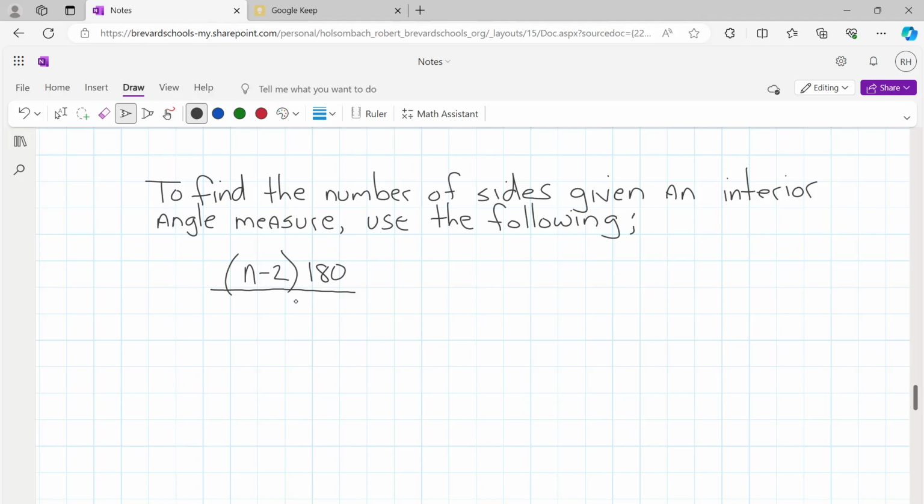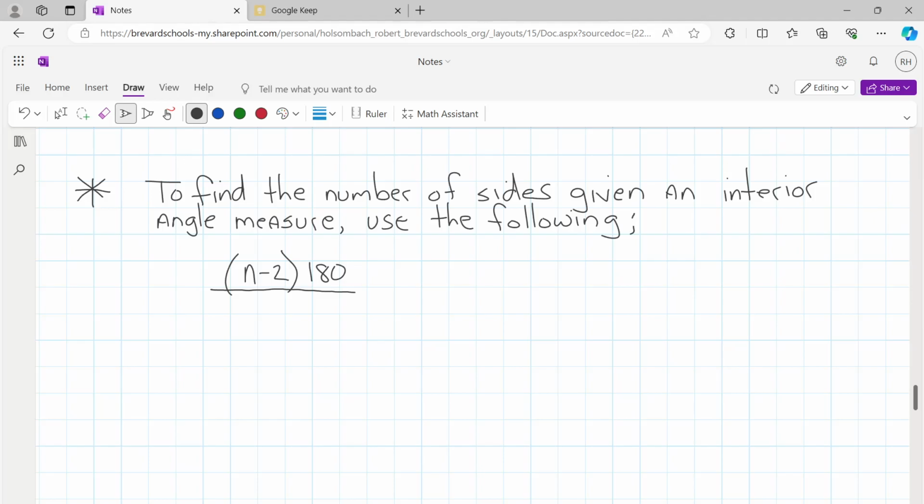All right, so again, example 3 on page 396. What the problem says is that the measure of an interior angle of a regular polygon is 135 degrees. Find the number of sides in the polygon. So in order to find the number of sides in a polygon, when you're given one of the angle measures,